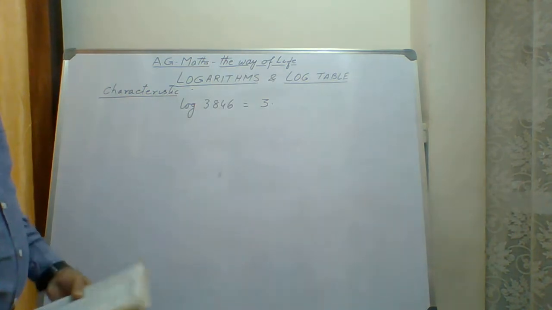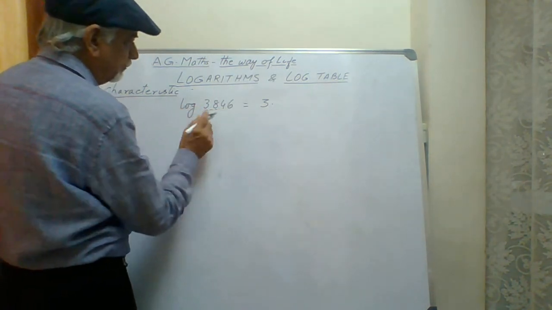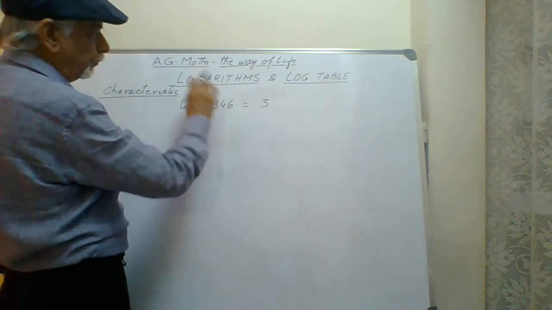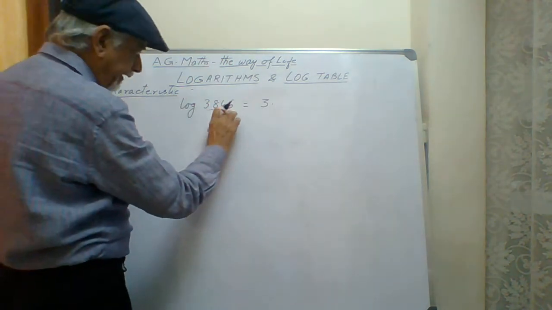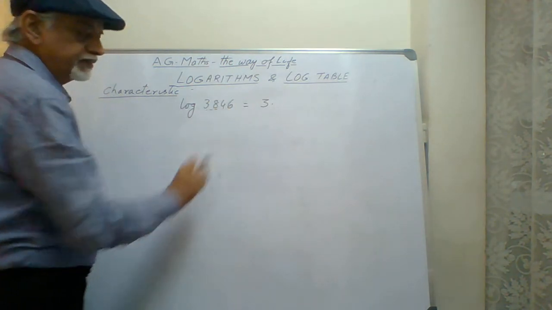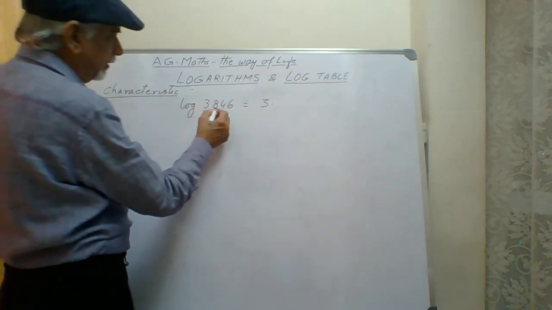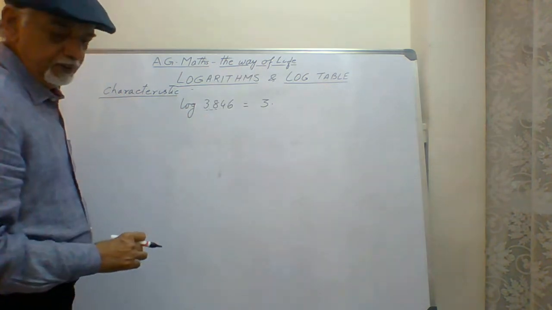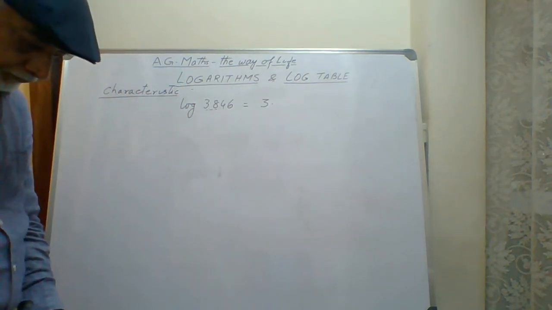Then we look into the log table. First we see the X column for this 2-digit number 38. Then we look under column 4 in the big log table part, and we read the common difference of 6 under the column 6. The reading of column number 4 will be picked up from the log table. I'll show you again here.